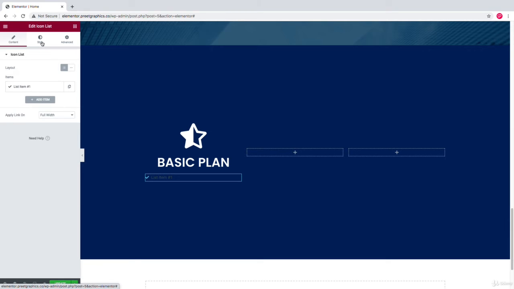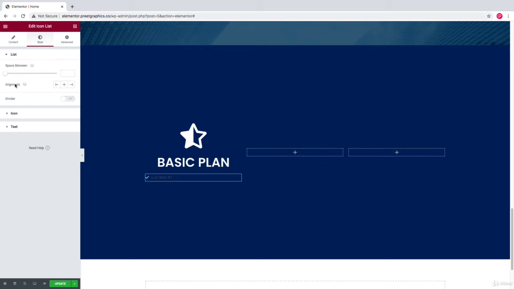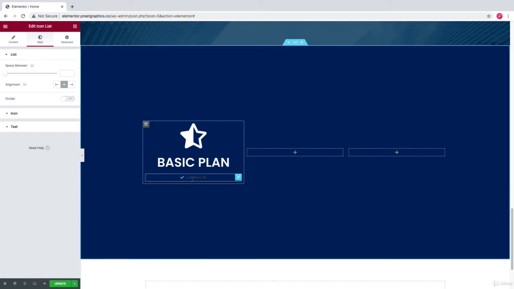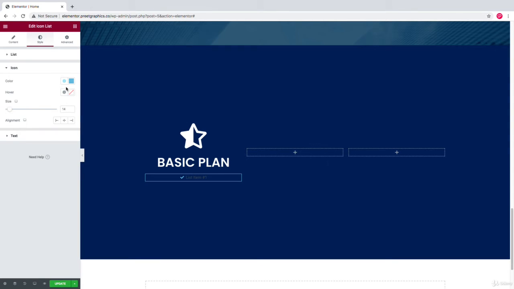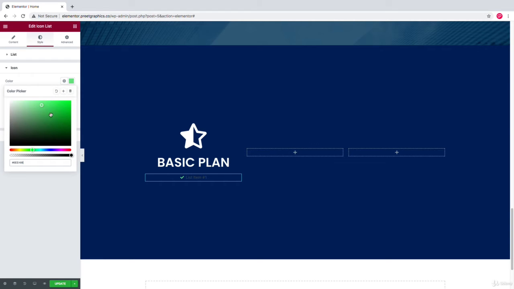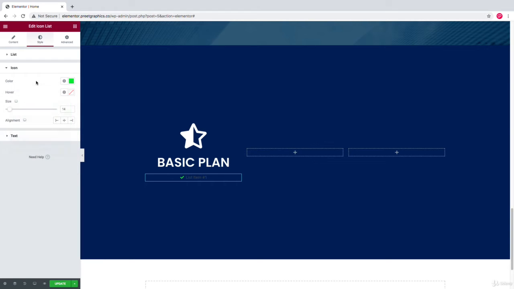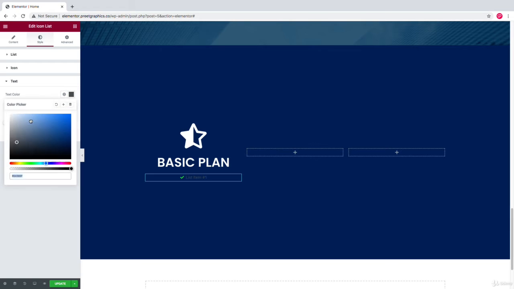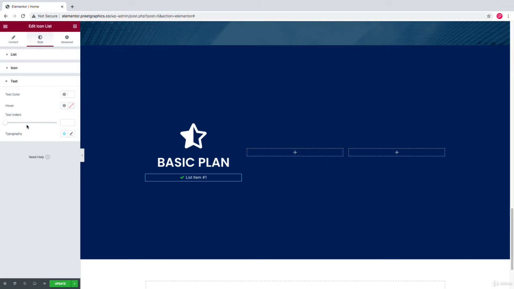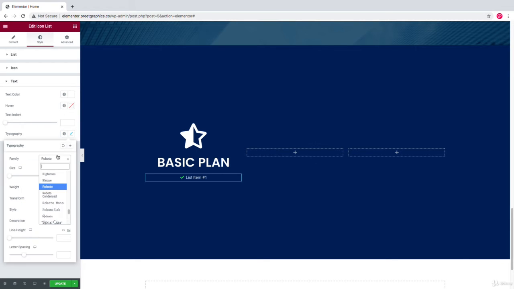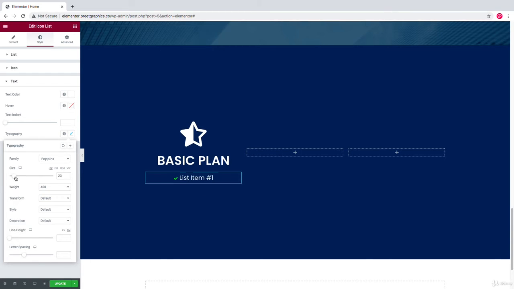Now in the style, I'm going to change the alignment to center, like here. Change the icon color to white, or maybe the green one. Okay, and change the text color to white, and in the typography, I'm going to change the font to Poppins again, and increase the size a little bit, like this.